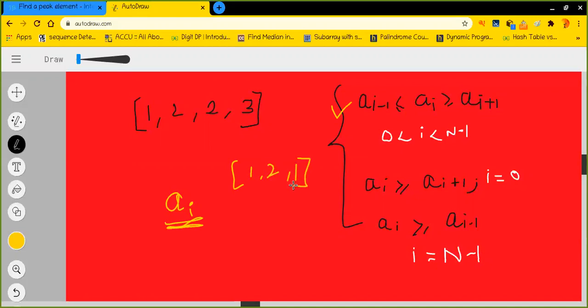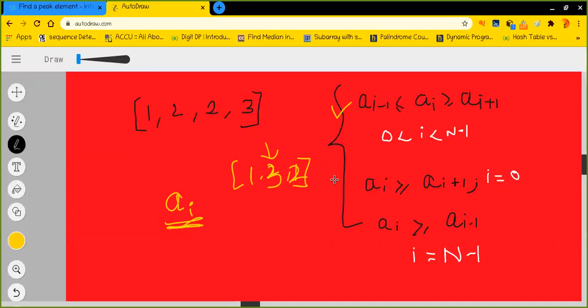In this array, if I consider 2, then 2 is greater than or equal to 1, which is the left neighbor, as well as greater than or equal to 1, which is the right neighbor. Or you can consider 3 and 2, it is also fine. So basically this is what it means, and I hope it is pretty much clear to you.